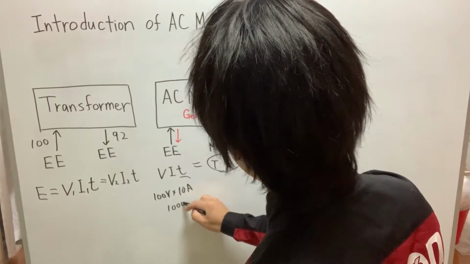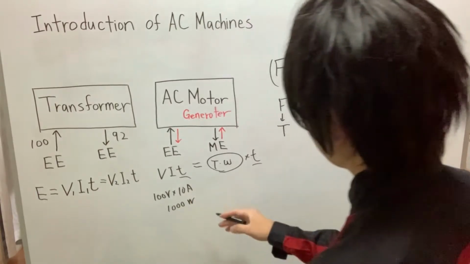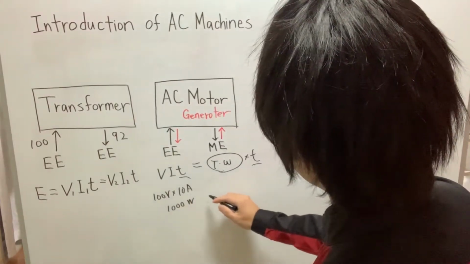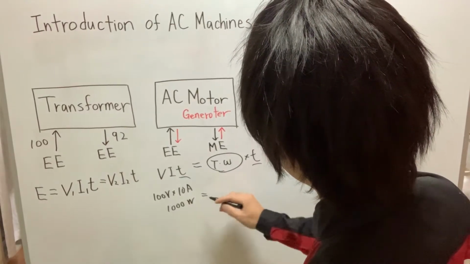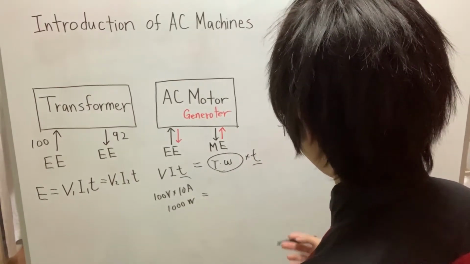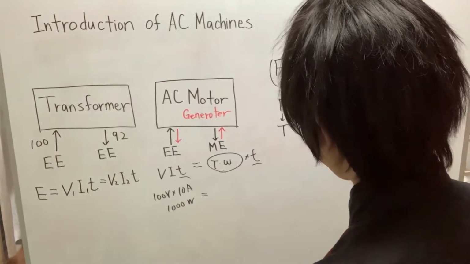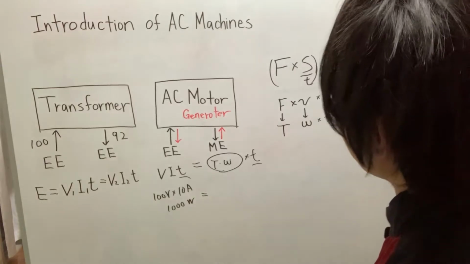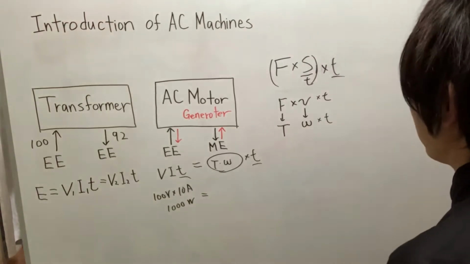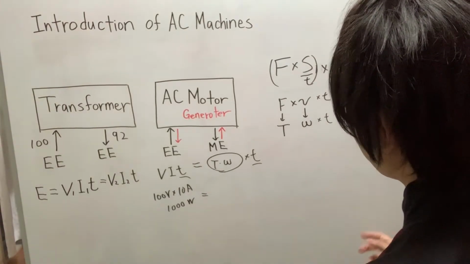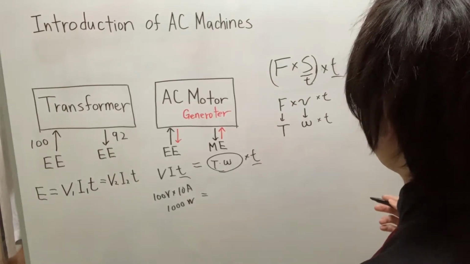So the input is 1000 watt power. So how about the mechanical energy? How about torque? How about speed? It depends on the rotor requirement. So, okay, let's say